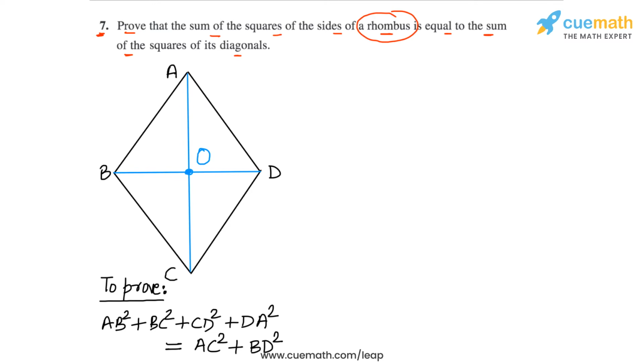Now we are going to make use of the fact that because ABCD is a rhombus, it's a parallelogram, 1, and 2, its diagonals are perpendicular to each other. So AC and BD will be perpendicular to each other. So all the angles at O will be 90 degrees. Okay, so let's start by writing these observations. Since ABCD is a rhombus, we can say that AC will be perpendicular to BD,